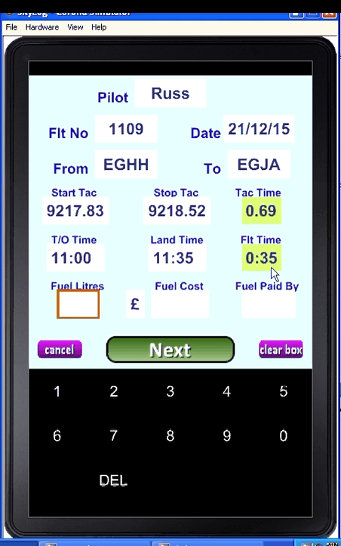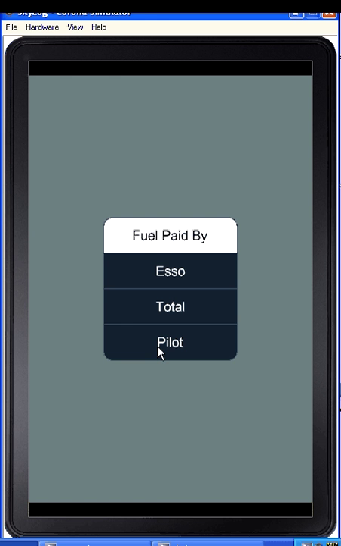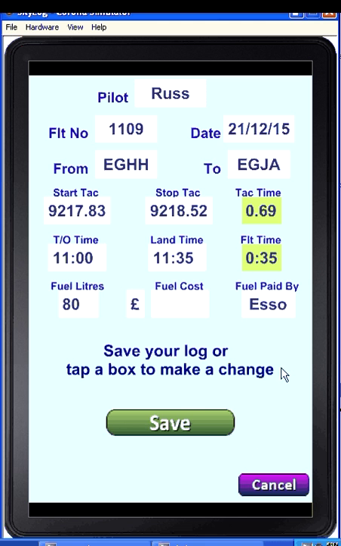This is in hours and minutes. Now, before I went, I put some fuel in, 80 litres. So I can put that in and press next, and it asks me who paid for this. Basically, was it the account SO or was it me? So in this case it was SO, so we select SO,